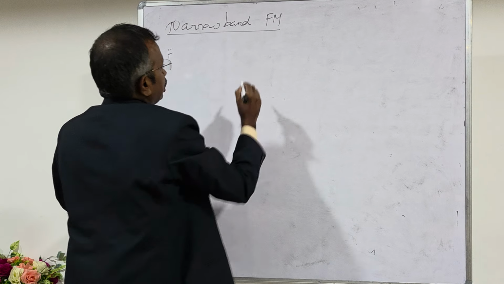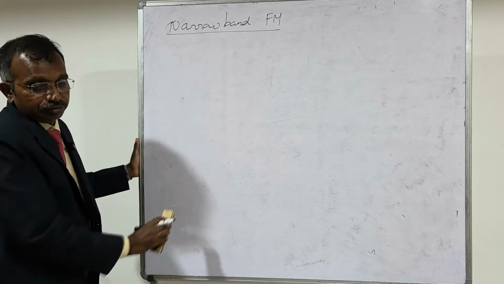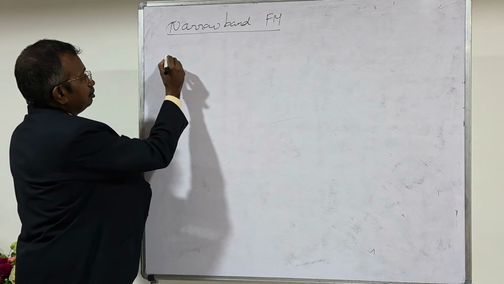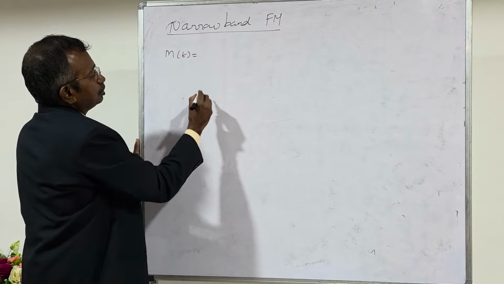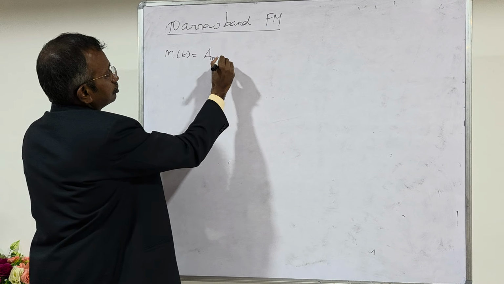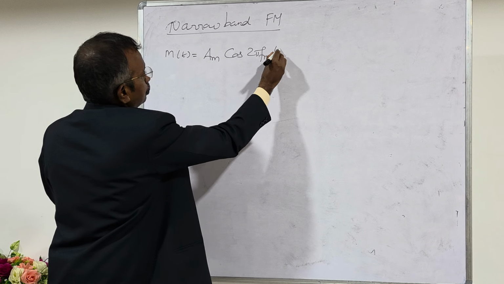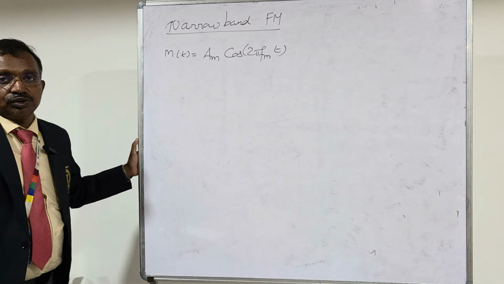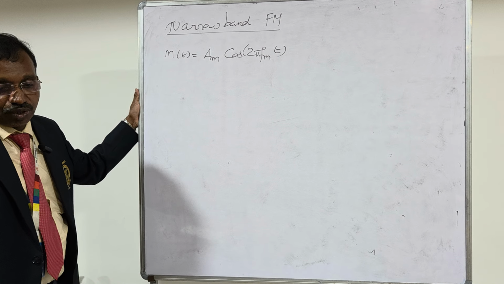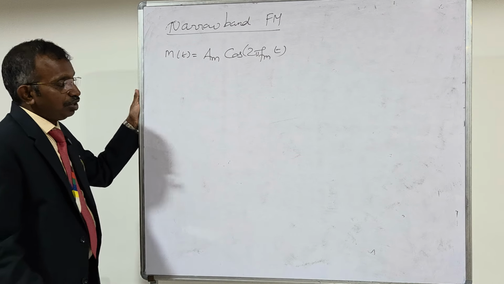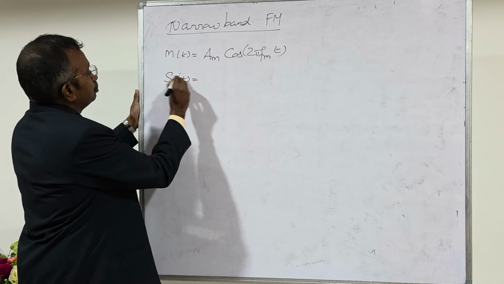Narrow band FM signal. So here, for the narrow band FM signal, I am going to take the single tone message signal m of t equal to Am cos 2 pi fm t. So the message signal is single tone as it consists of only one frequency. Then for the narrow band FM signal, s of t is given by